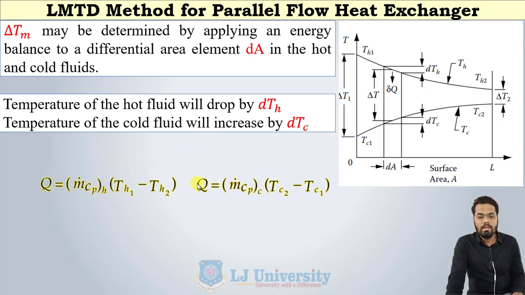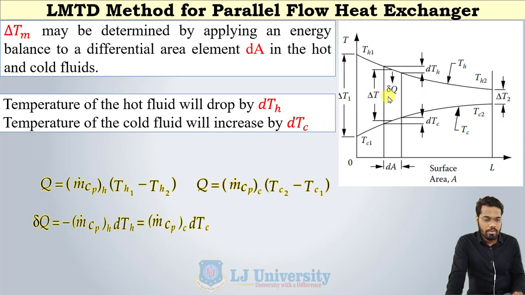Here this Q is the rate of heat transfer, not only heat; it is joule per second or kilojoule per second. So we know that for this elementary area, the amount of heat lost by the hot fluid is del Q, and the amount of heat absorbed by the cold fluid is del Q. So del Q is equal to minus mH CpH dTH, which is equal to mC CpC dTC. Because from left to right the hot fluid loses heat, we denote it by a negative; the cold fluid absorbs heat, so it is positive.